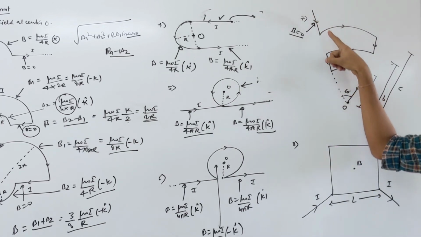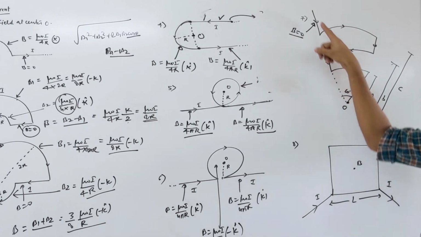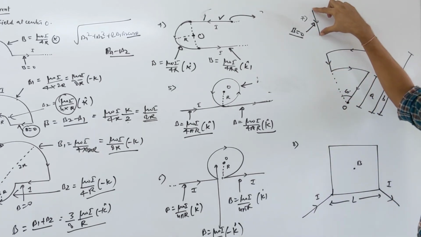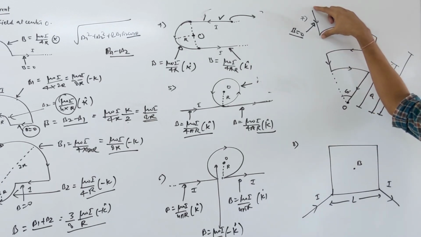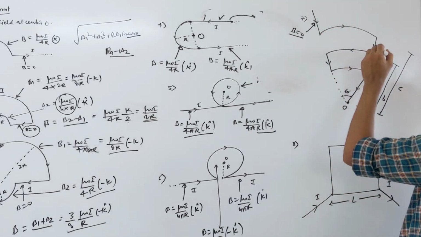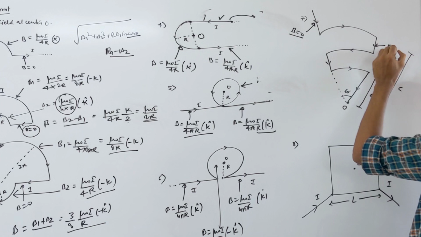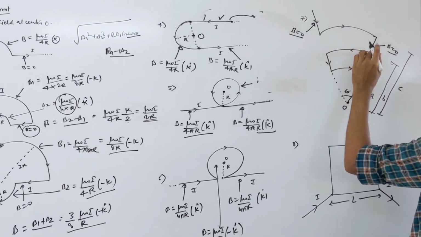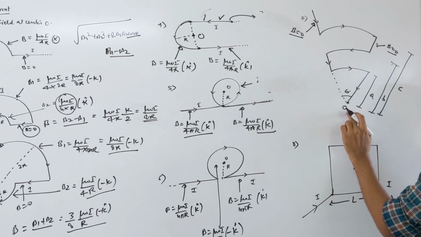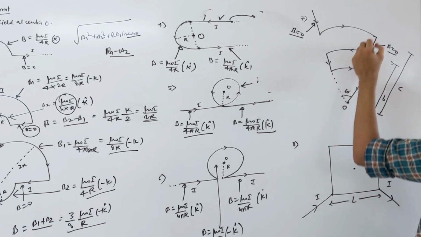That wire and this point is along the length of the wire. So the magnetic field due to this straight wire will be what? 0. And we are assuming that these are very, very long wires. Then due to this wire, what is the answer? Again 0. This straight wire, because if you draw it properly, this point is along the length of that wire.